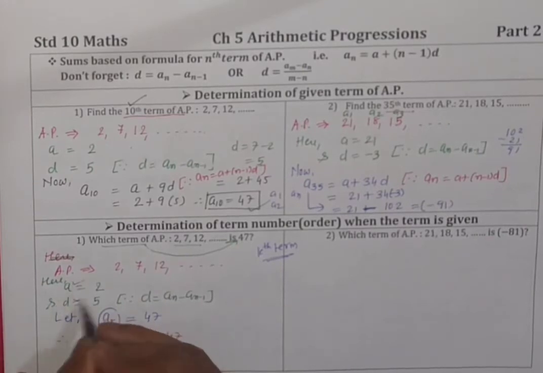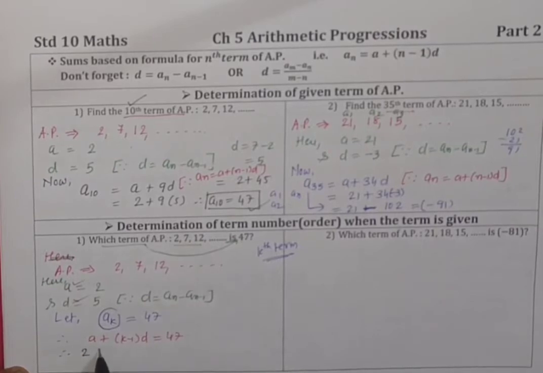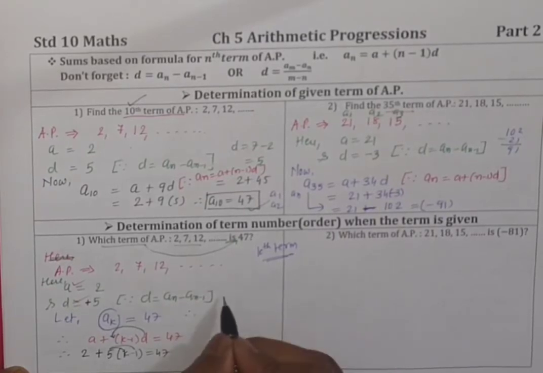नाउ A और D की वैल्यू जो अवेलेबल है, पुट इट. A is 2 plus, बी केयरफुल. नाउ D is पॉजिटिव, इसलिए मैंने प्लस लिखा. नेगेटिव होता तो यहां माइनस लिख सकते. और ये D पीछे नहीं, हम आगे लिखेंगे. क्या है? 5. नेगेटिव हो तो माइनस 5 लिखेंगे, राइट? यहां पॉजिटिव है, सो प्लस 5. K minus 1 is equal to 47. नाउ दिस इज सिंपल लीनियर इक्वेशन. इसको डिस्ट्रीब्यूट करो. ऑलराइट,